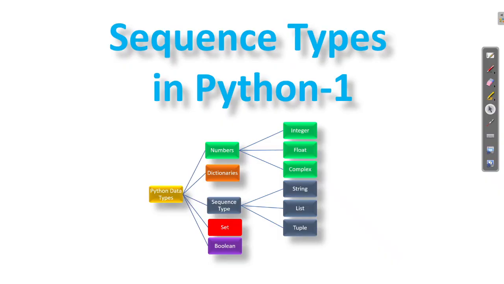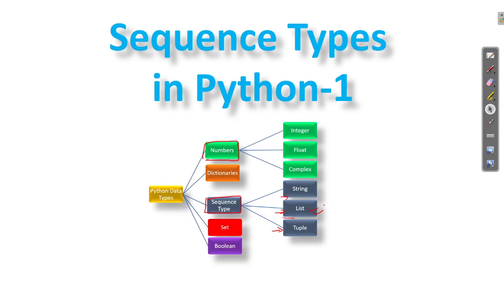Hello guys, so moving on with our data types in Python, we have covered the number data types and now we are going to cover the sequence types, particularly the list, because string, list and tuple are each a topic in themselves. So in this tutorial, I'll be going through the list data type. This video might get a bit long, so just stay with me.